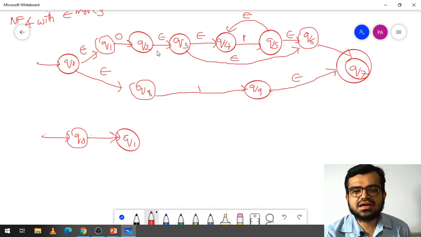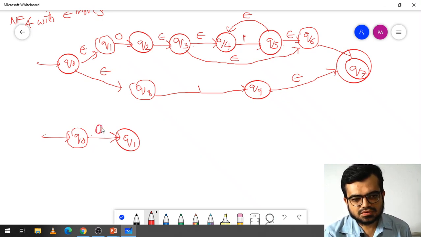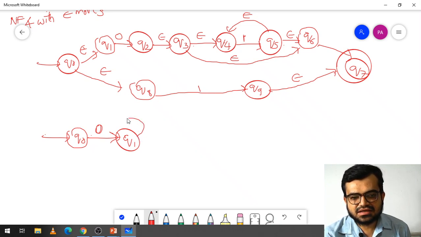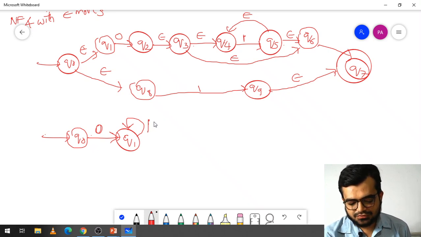And what is the value which I am giving here? 0. Okay. Now it is going here with epsilon moves, and it is providing what? 1 closure. So 1 closure means, can I take another state for this? Yes, I can take it here. So I am taking 1 closure like this, repeating the 1 here. Now we need to see from this state, are we reaching the final state? Yes, we are reaching. So you can directly make this a final state.